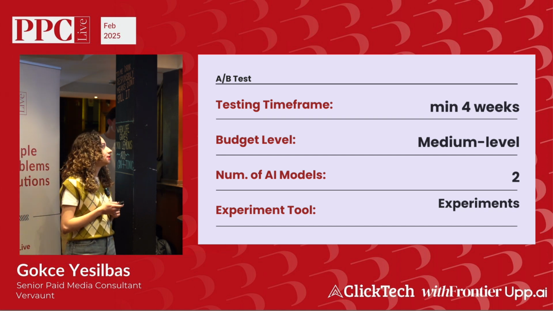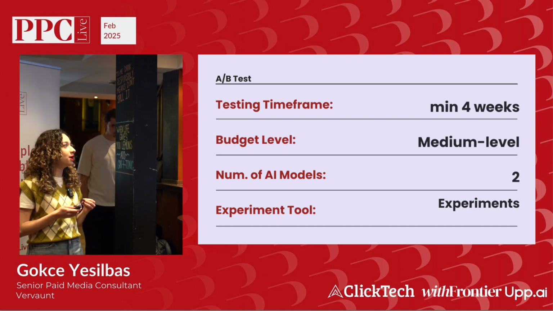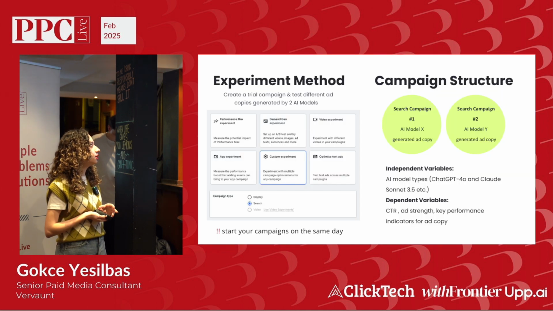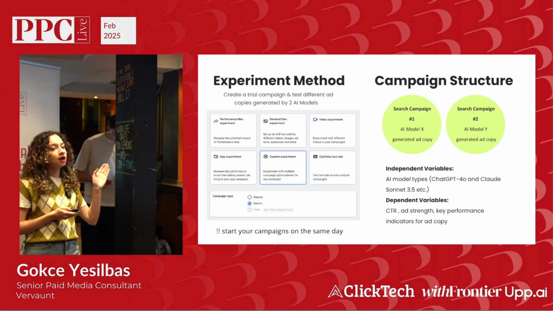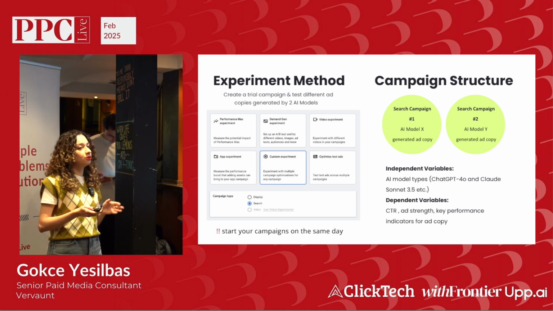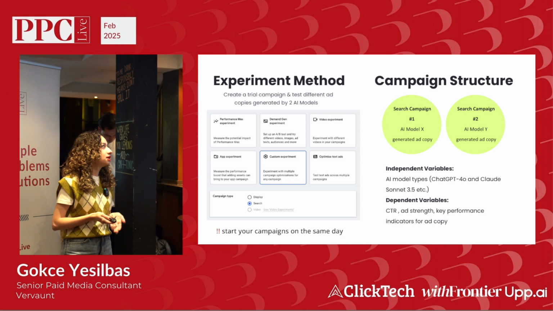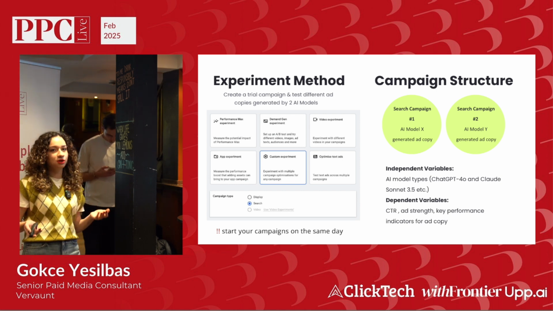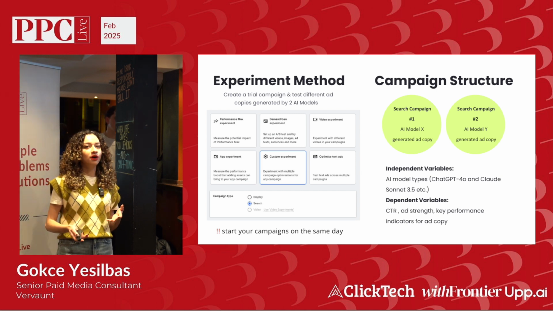2 AI models. And you can use Google's or Meta's native experiment feature. For example, for search ads, you can select custom experiment and create your trial campaign. You can test different ad copies generated by 2 different AI models. And in this test, your independent variables will be your AI models, such as ChatGPT or Claude or other ones, and your dependent variables will be your